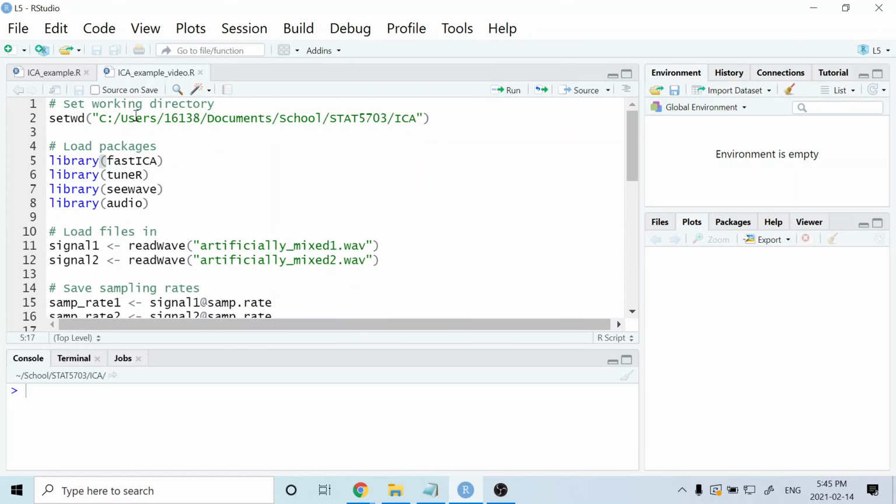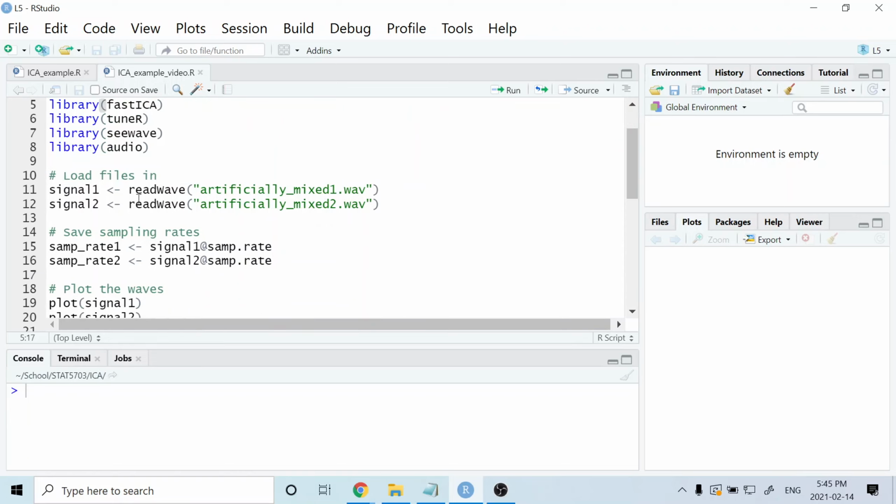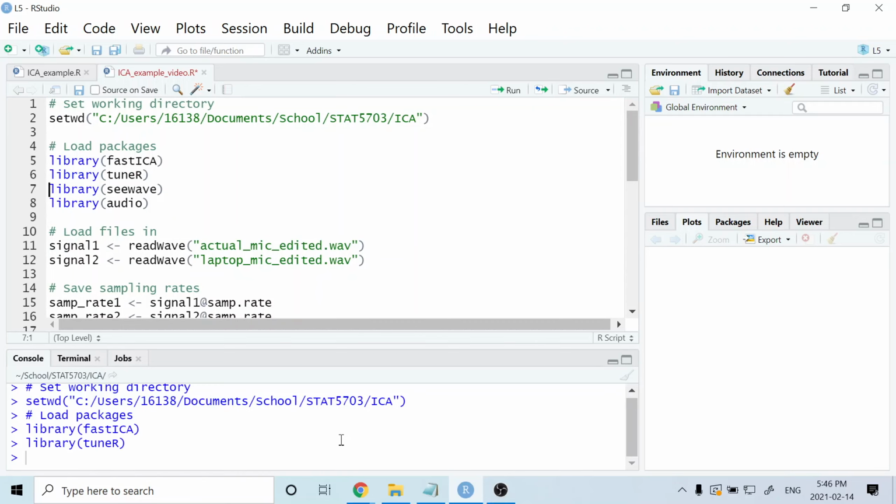Okay, so this time I'm going to be using the same code that I used before, but I'm going to change the name of the files. My first signal is going to be from the actual microphone, and my second signal is going to be coming from my laptop. Now I've actually gone ahead and edited these two files a little bit in order to align them better so that they start at roughly the same time. So now I'll run all of this